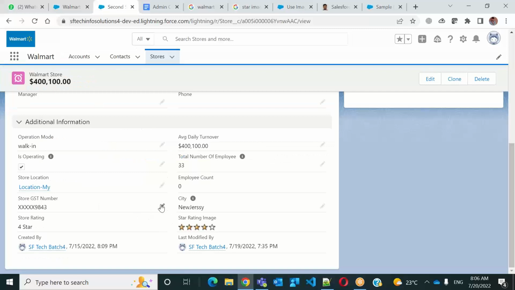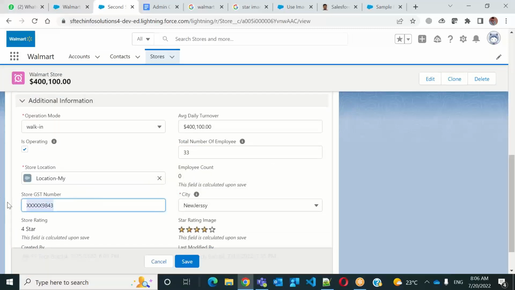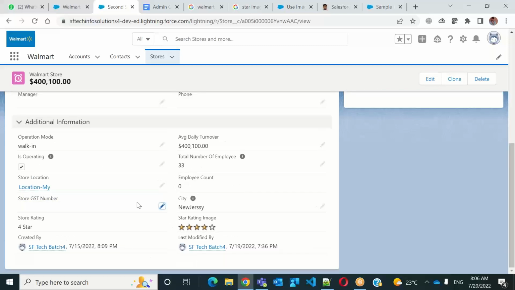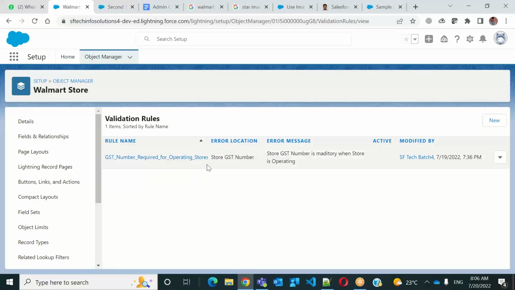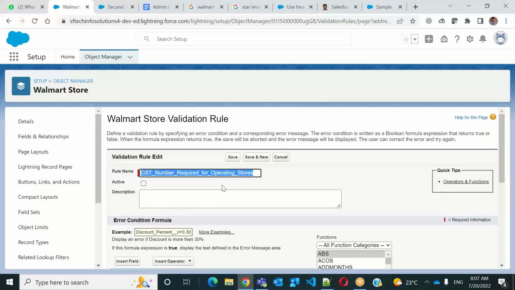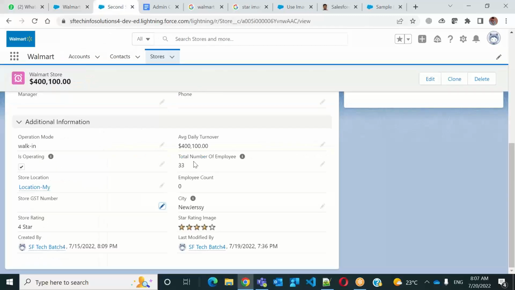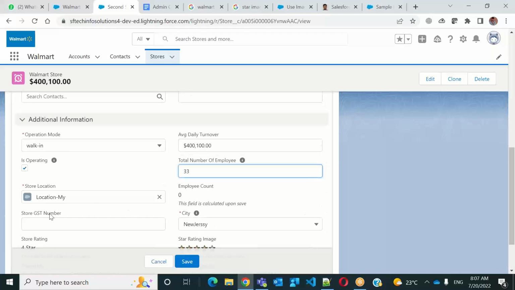ఓకే, సపోజ్ ఇక్కడ నేను జిఎస్టీ నెంబర్ ఇవ్వలేదు, కానీ ఈజ్ ఆపరేటింగ్ అని పెట్టి సేవ్ చేస్తున్నాను. మనకి ఎర్రర్స్ ఎందుకు, నేను ఈ వ్యాలిడేషన్ రూల్ అనేది యాక్టివేట్ చేశాను. ఓకే, సో ఇప్పుడు నేను మళ్ళీ యాక్టివేట్ చేస్తాను. ఓకే, యాక్టివేట్ చేసిన ఇప్పుడు నేను కొత్త రికార్డ్స్ చేస్తే ఎలాగో నాకు రూల్ ఫైర్ అవుతుంది. బట్ ఈ రికార్డ్ నేను ఆల్రెడీ సాటిస్ఫై చేయకుండా ఉంది, కానీ నేను ఈ వాల్యూ అసలు ఏం మార్చట్లేదు, జస్ట్ సేవ్ చేద్దాం అనుకున్నా కూడా